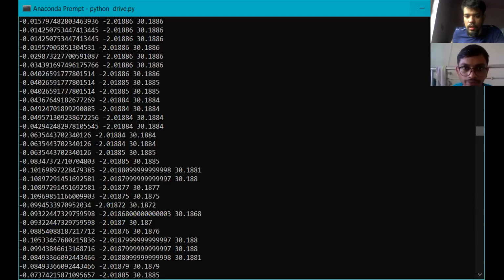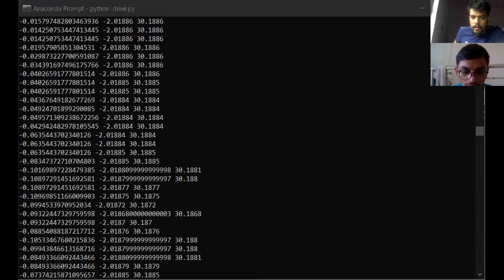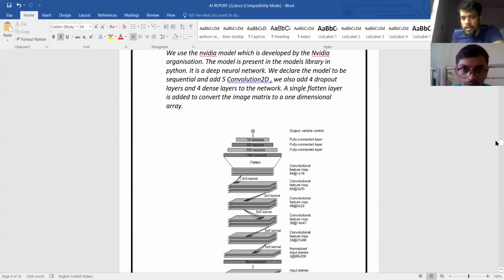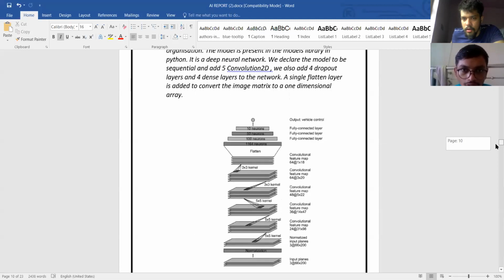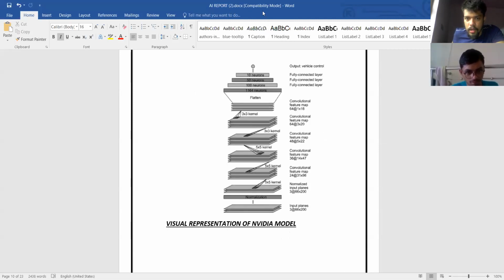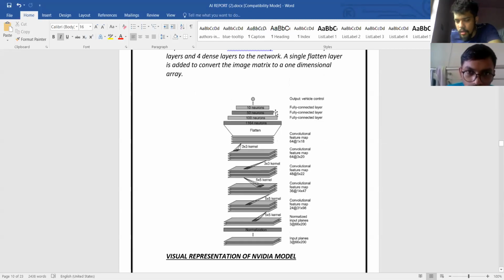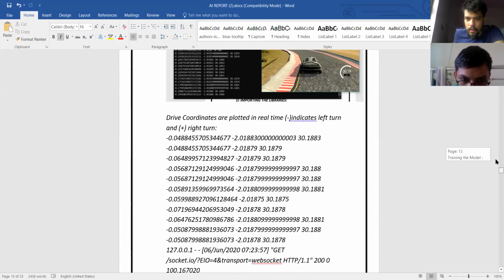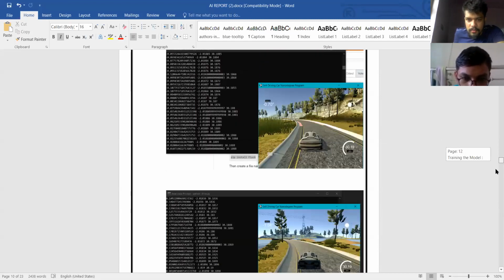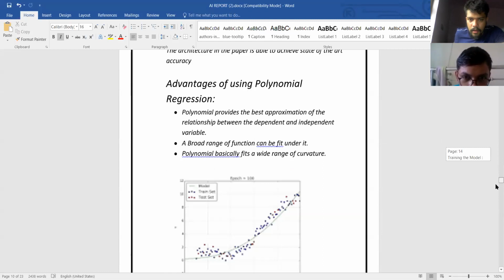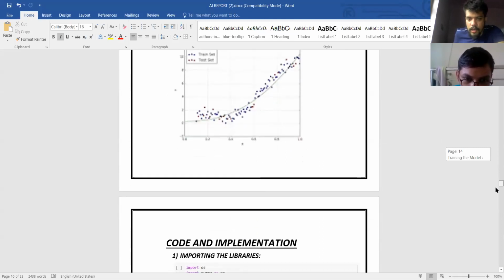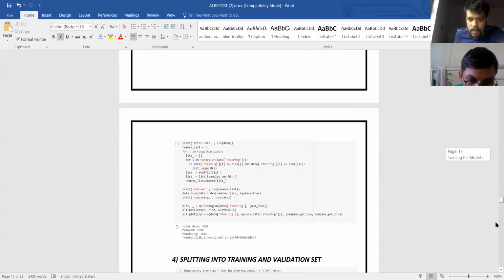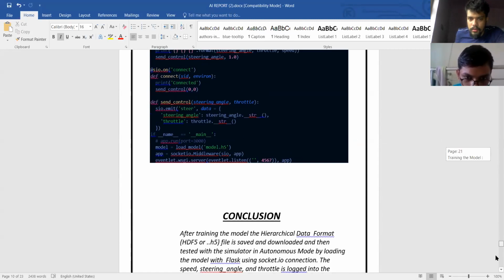Okay, so now we are jumping to the conclusion part of our project, since this was a long project. This was the model that we trained the car on. This is the NVIDIA model. Are you able to see this model? Yeah. Okay. So these are the images that we put of the simulation. Here are the details, and this is the model that we use, that is polynomial regression, for driving the car, for simulating the car. And we'll be jumping to the conclusions now.